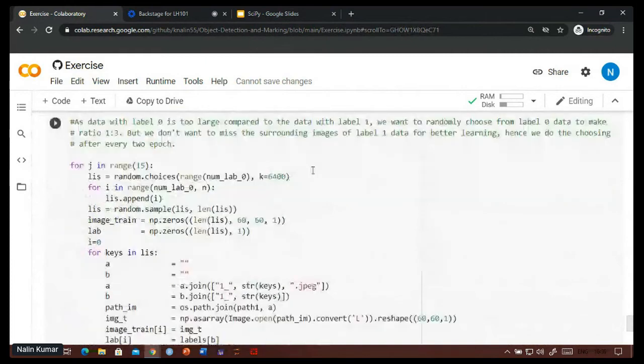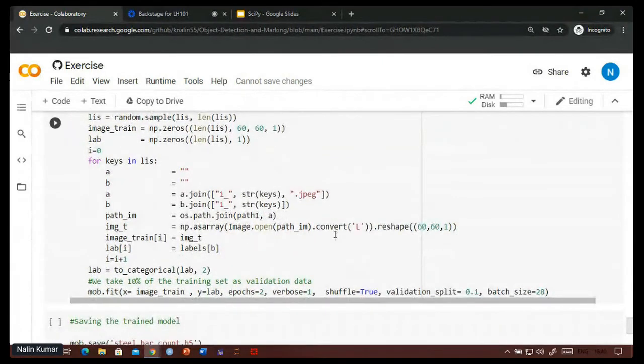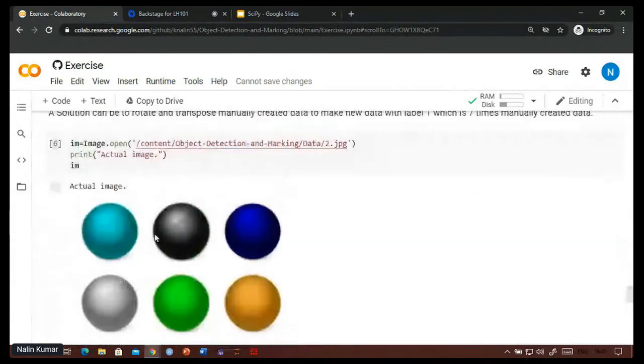Here, since our label 0 images were too large, we need to remove those. So we manually take 6400 label 0 images and all the rest of the label 1 images. Then we shuffle them and pass them through the model, which is MobileNet here.